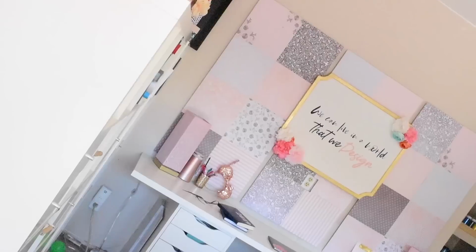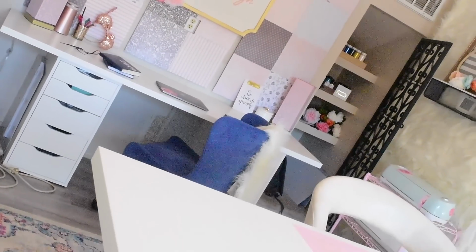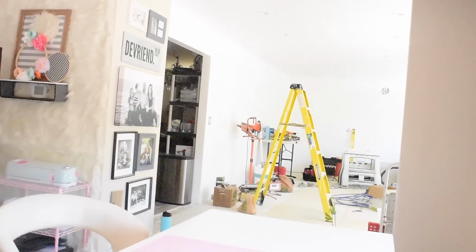Most of this stuff either came from IKEA or I got it from IKEA. And I also put a different top on my South Shore desk, which I'll show you in a second how that works. And can we just talk for a second that I am right next to our